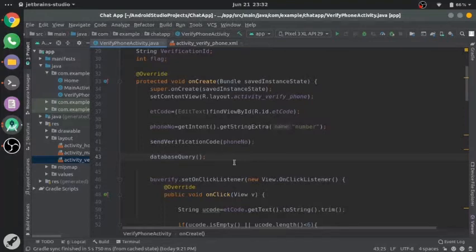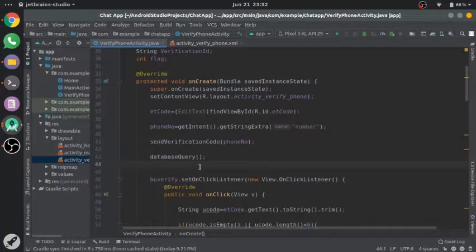Okay, sendVerificationCode. Let's look at the definition of this sendVerificationCode. But before this, we also have called one function, database query. Why do we have a query for the database? Because what is our concept of phone authentication? Every time the user has to log in by the OTP, then our system will query in the database whether this phone number is already present in the database or not.